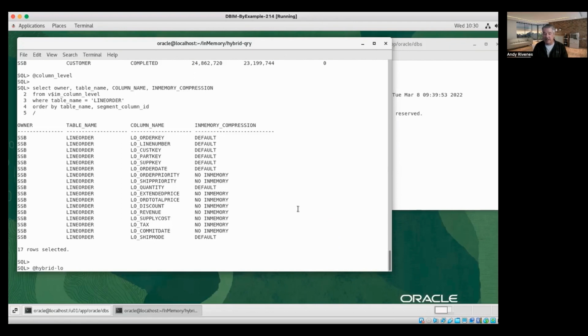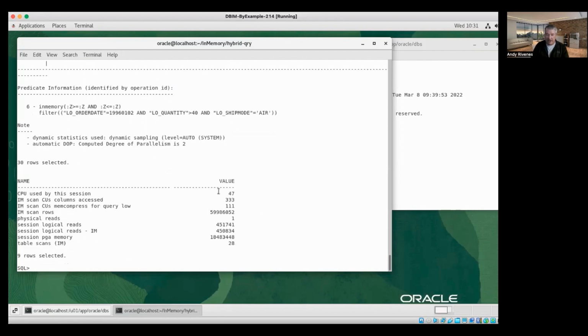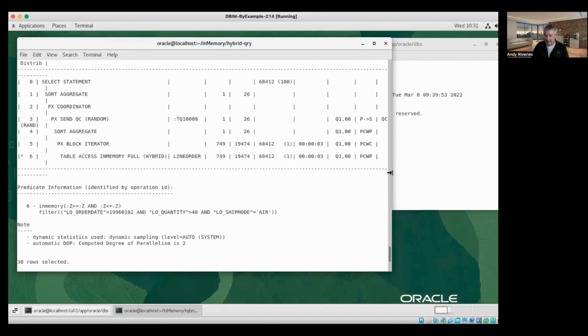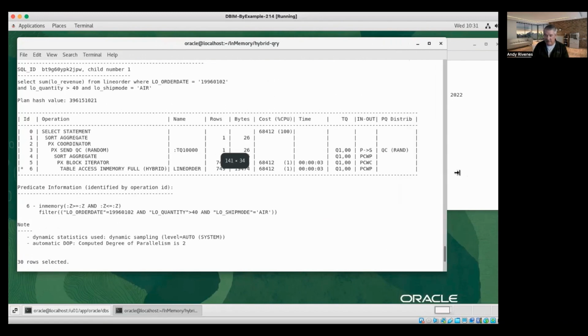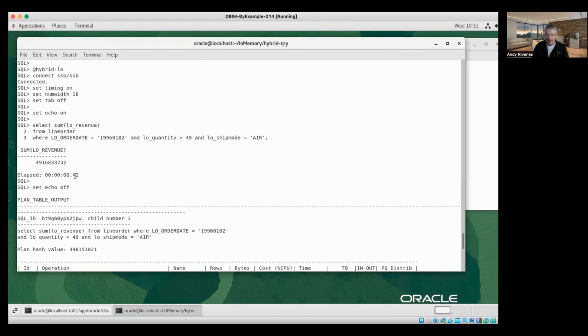So now let's run our query again. Remember, it's doing the sum of the LO revenue, which right here, where I run it, we've excluded. So it actually came back pretty fast. Let's make this a little wider. There we go. So it's a little slower, although to be honest, on my machine, it's kind of a wash. And granted, it's not a huge data set. Your mileage will vary when you're using much larger tables, but the point is, it still ran screaming fast,